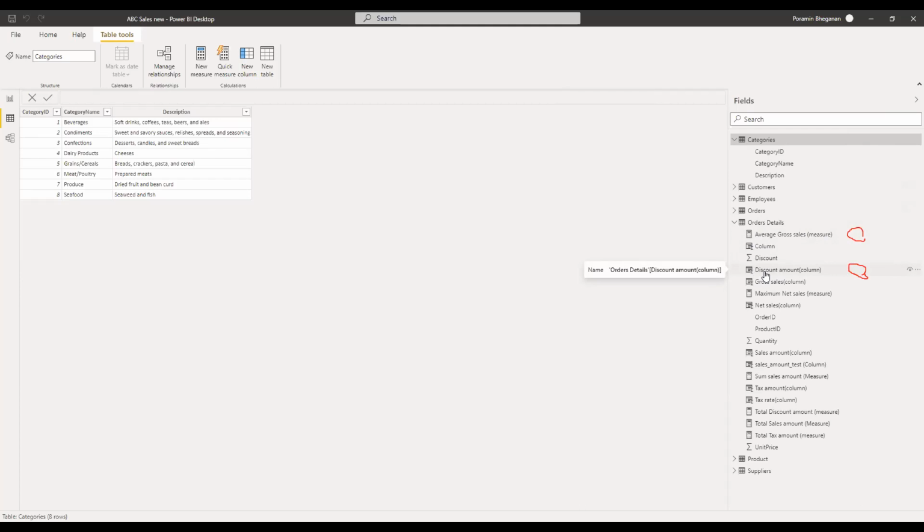as I told you, you better use some symbol to symbolize that this one is a measure or column. For myself, I put parentheses and then put the word measure or column behind that name, so that I know straight away whether it is a measure or column. This is good because whenever we have to create any visualization, you can choose that value quicker. If you don't have any symbol or any extra name like measure or column behind that name, what happens is that it will mix with your original